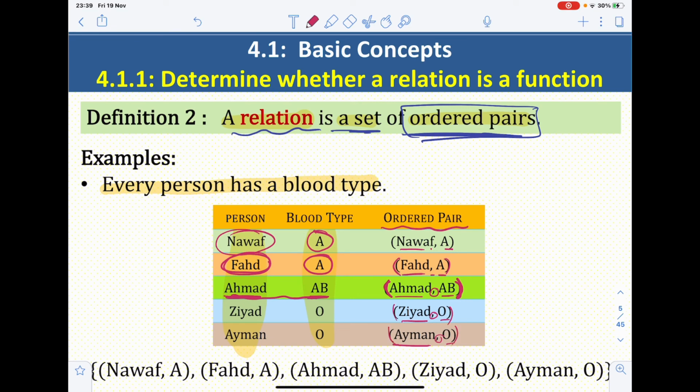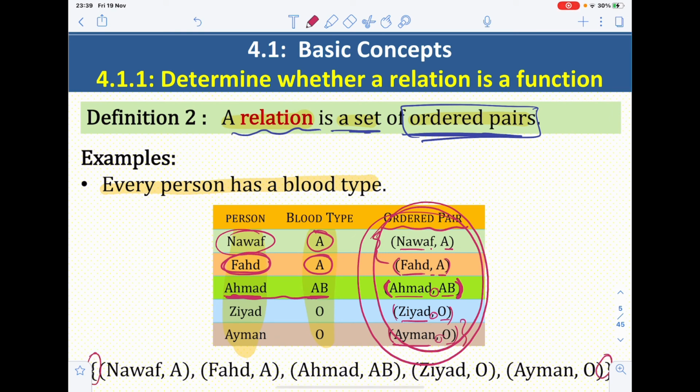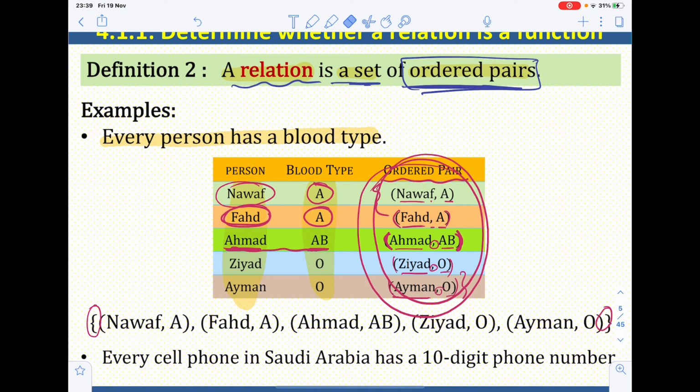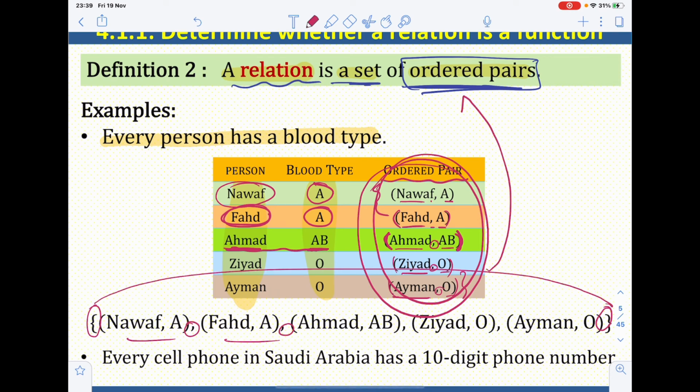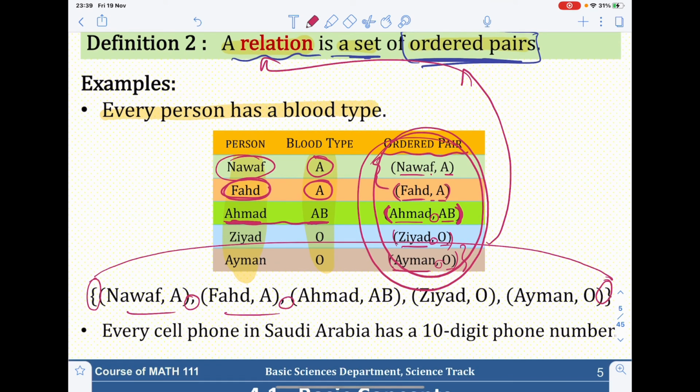So this is this set, if we put those in a set like this, يعني قواس مجموعة set, and then we put each ordered pair, then we put a comma in between. This set is a relation. This set is the relation. So also another relation, for example, every cell phone in Saudi Arabia has a 10-digit phone number. This is another relation. Okay,